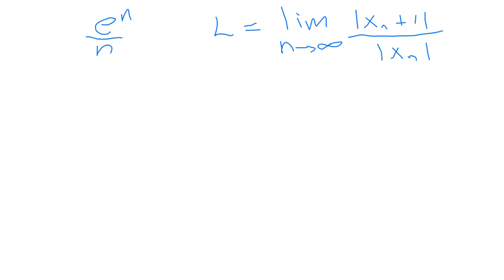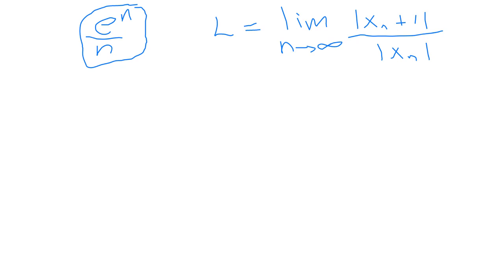All right, so L is equal to the limit as n tends to infinity of that sequence over the next one. And remember what happens if L is less than 1. If you test this limit here and you get let's say 0.5, that's not the limit for the sequence. You're checking to see if the limit, remember this xn plus 1 is using this sequence right here. You want to put the n plus 1 in there and then put the n in there and divide. Now you're checking to see if that limit is less than 1, then the sequence converges and the limit is equal to